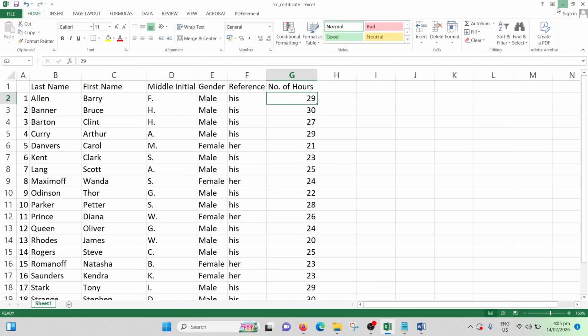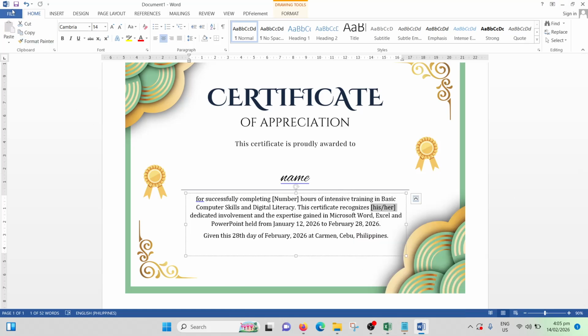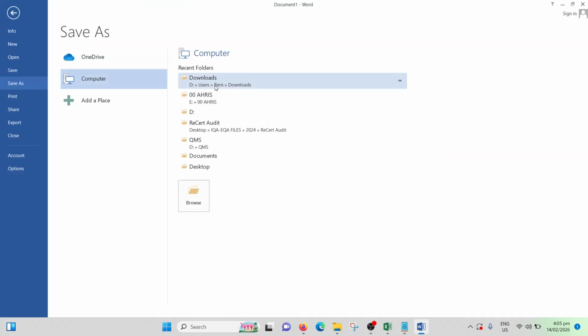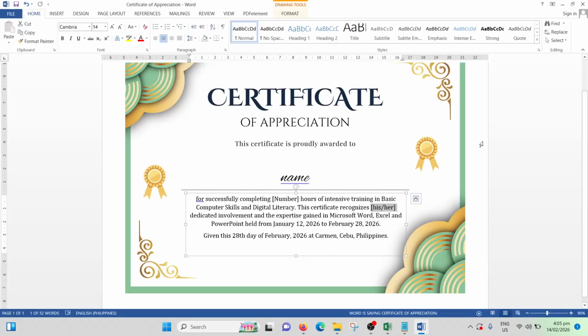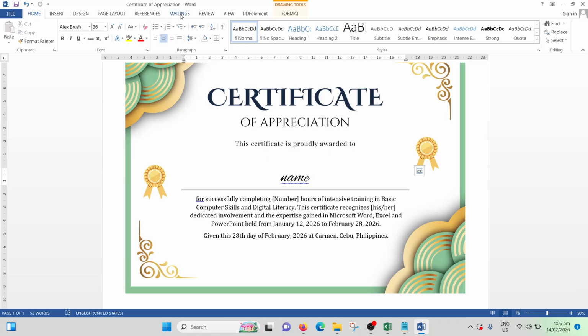Then after that, we will save this document too. You cannot do mail merge without saving the document and the source. So we'll name it certificate of appreciation, save.